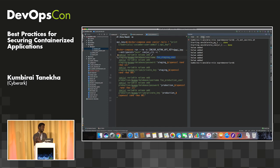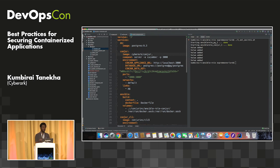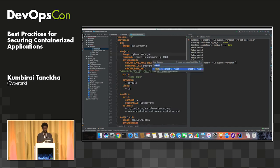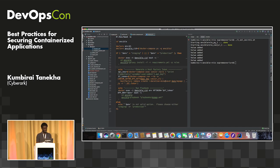Now comes the configuration management tool, right? The integration point. What we've done with Ansible, and this is what we do with all other tools, is we try to have a first-hand integration, and I'll just go ahead and show you that. So I have demo.sh here. Sorry, nope, that's not the right one. So deploy. And what deploy does, and I think it's good for us to walk through this a little bit, is it